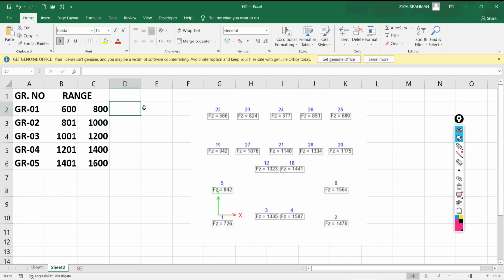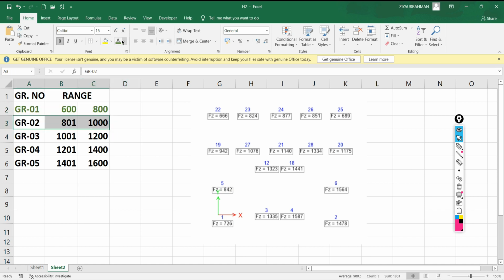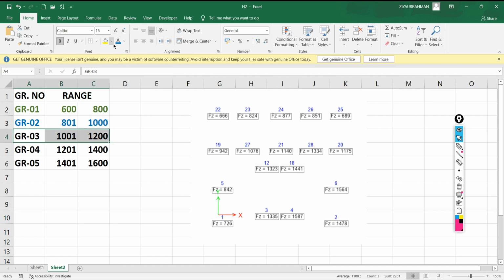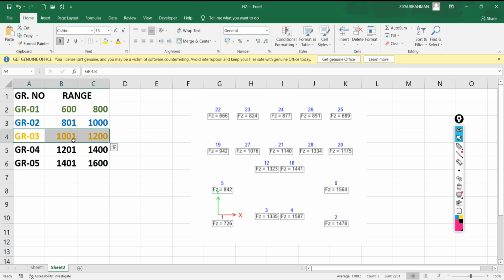Okay. How many footings, how many reactions are there? So see, I'm going to take this. Clear this. Give another different color for this. I'm going to take the first one as green. Second group, I'm going to take this blue color. Third group, let's take yellow color. Don't take yellow, take any other color.